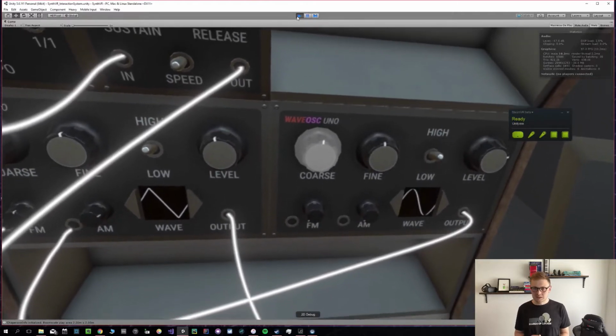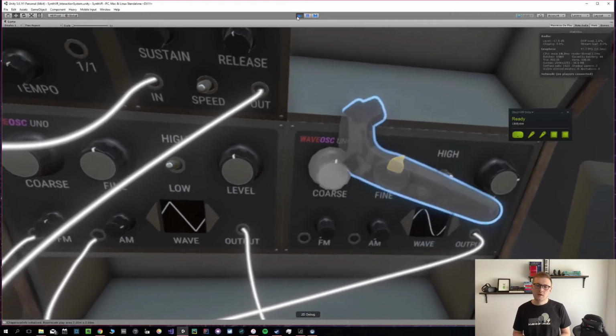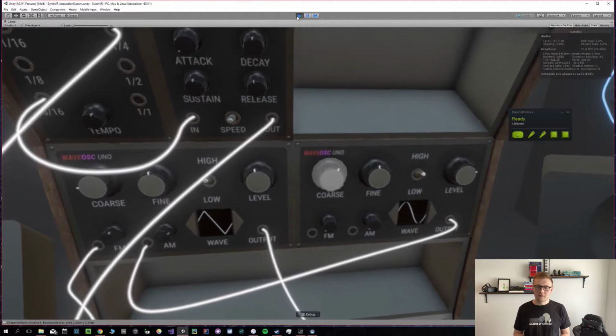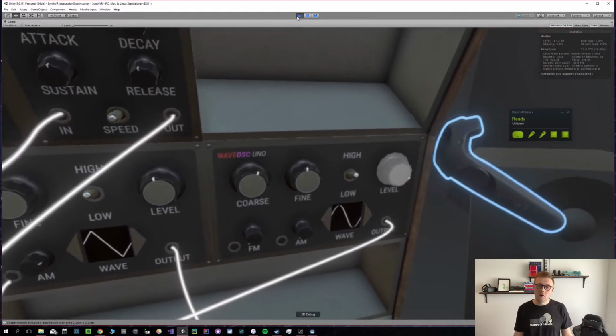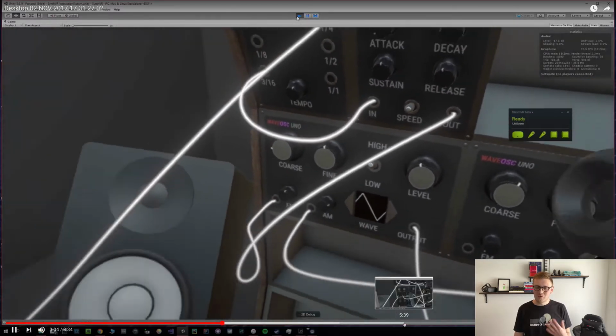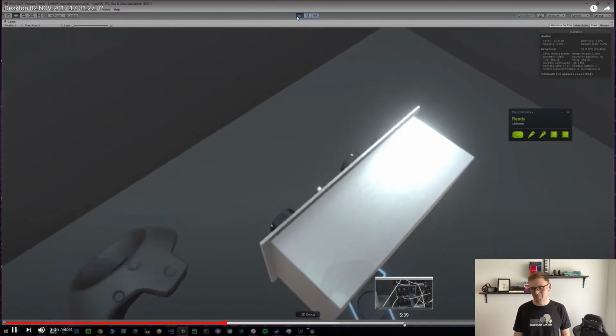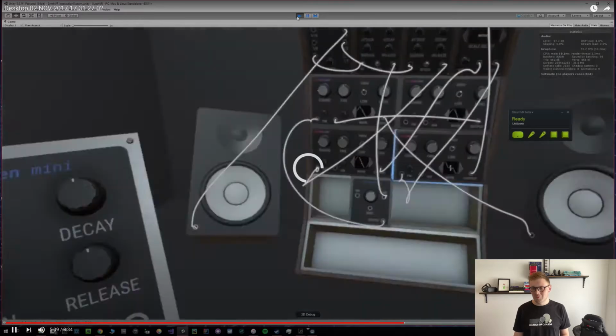I got some ideas not quite right in terms of how to solve the modular signal chain problems. But I just want to show you how much fun I ended up having with this prototype. So just like